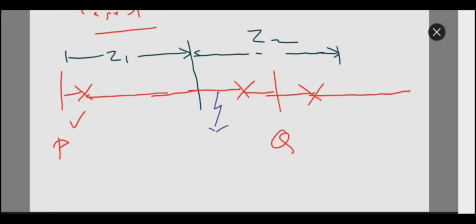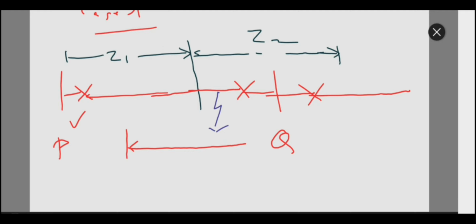But the fault happens beyond zone 1 of the sending end breaker. From P, this fault comes under zone 2, but from the Q side, from the receiving side, the fault is in zone 1.